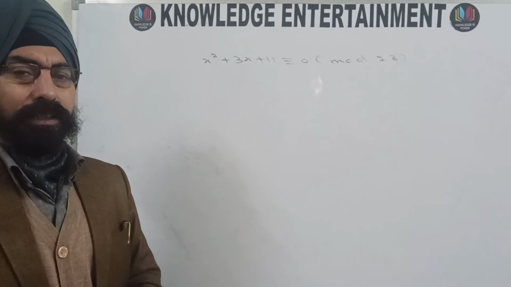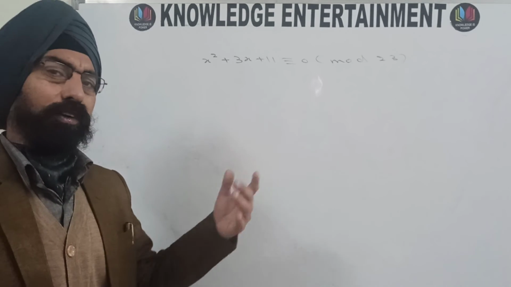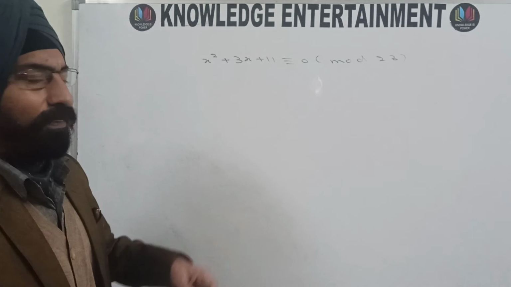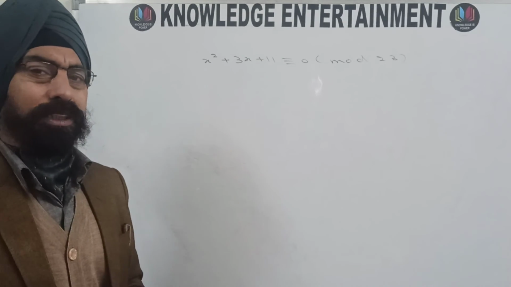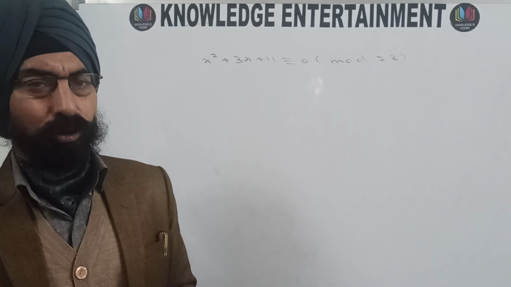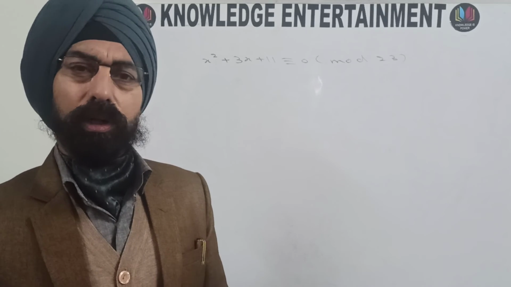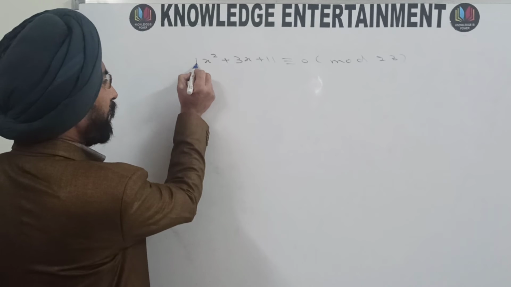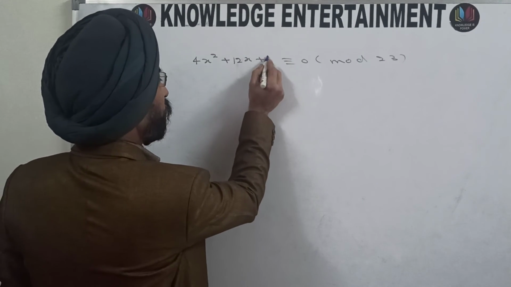This is a quadratic congruence equation. The number of solutions will be exactly 2. Let us see whether it is solvable or not, and if it is solvable, what the two solutions are. To solve this equation, it is better to use the process that any quadratic congruence equation of the type ax square plus bx plus c congruent to 0 modulo p can be reduced to the form y square is congruent to d modulo p. So multiply both sides by 4. Multiplying by 4, you will get 4 here, 12 here, and 44 here.